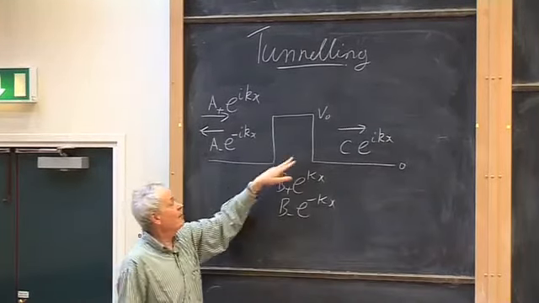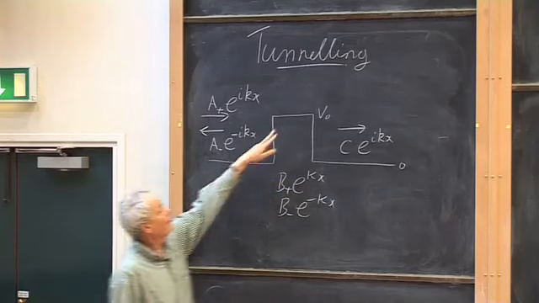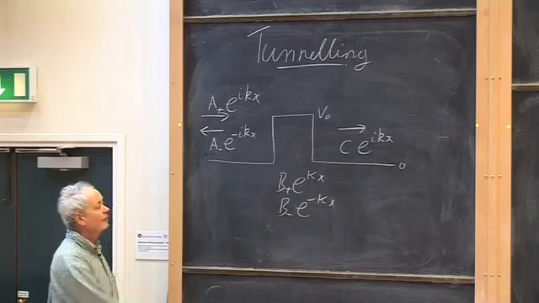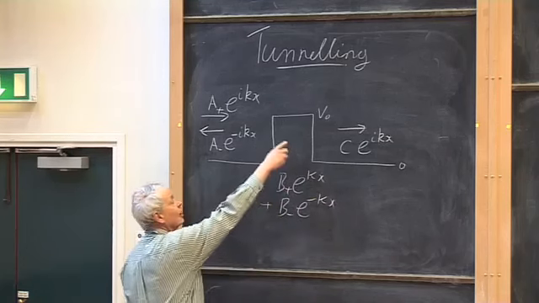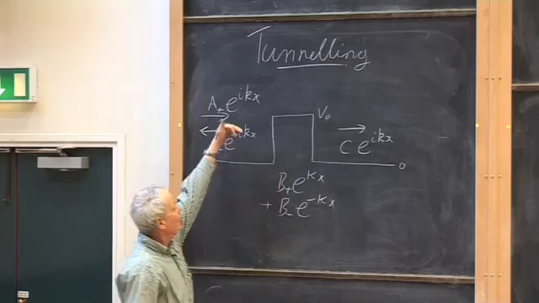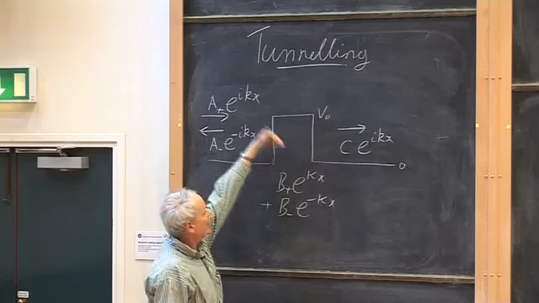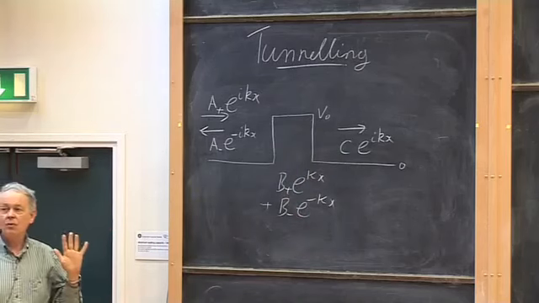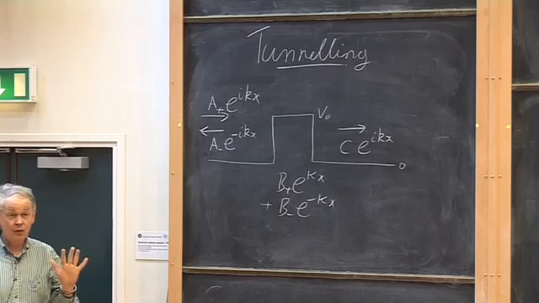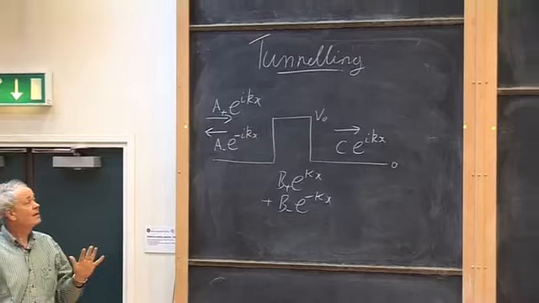And then within the barrier, because we're going to look for solutions at energies lower than V0, we're going to have B plus e to the kappa x plus B minus e to the minus kappa x. The trial solution will be a combination of an exponential growth and an exponential decay. So this is a bit different from what we've done before in two ways. One is that,